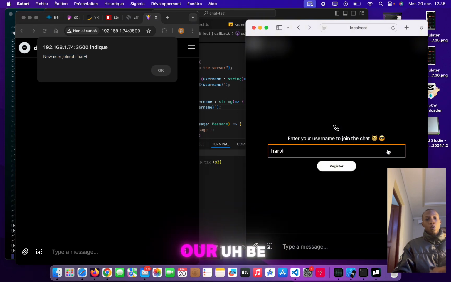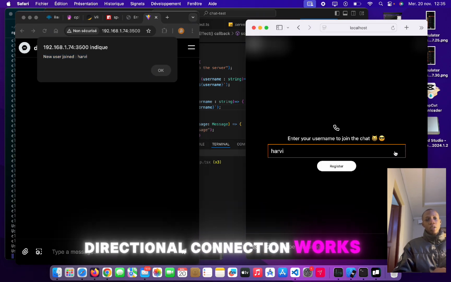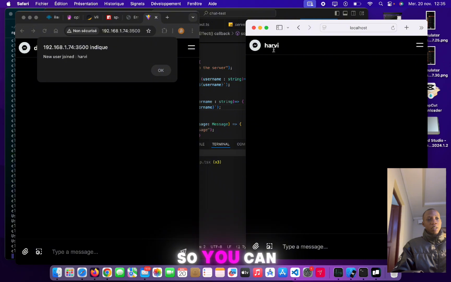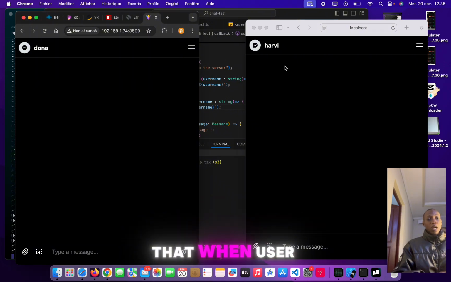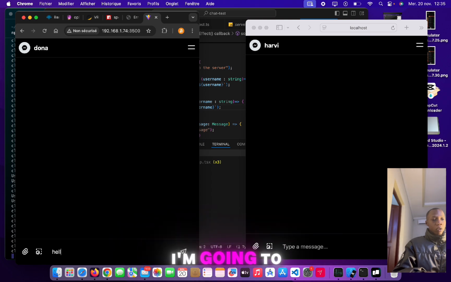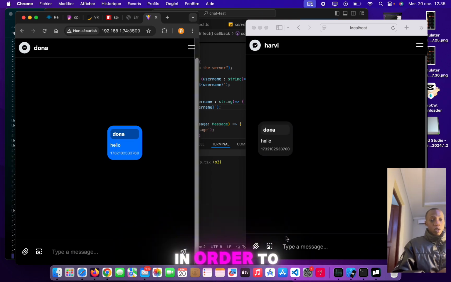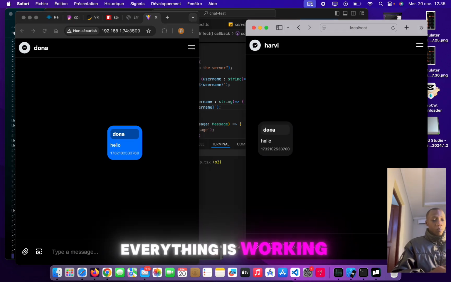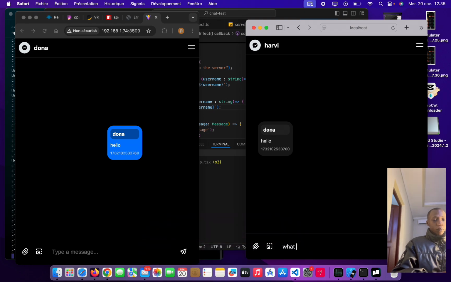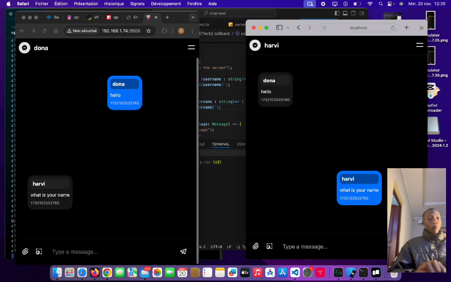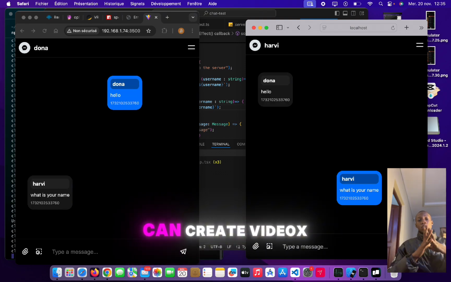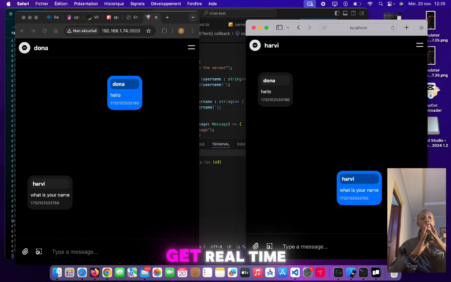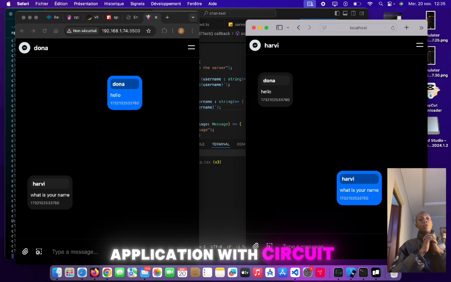And this is how bidirectional connection works. So you can see that RV has received a message that one user has joined, and Donna has received a message. I'm going to send again a message in order to make sure that everything is working perfectly. So I just wanted to show you how you can create a bidirectional connection, how you can create a real-time application with